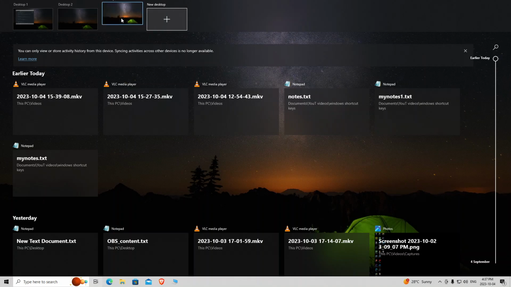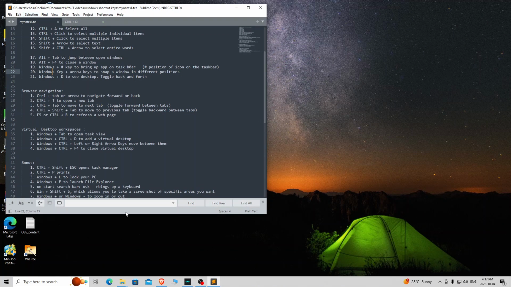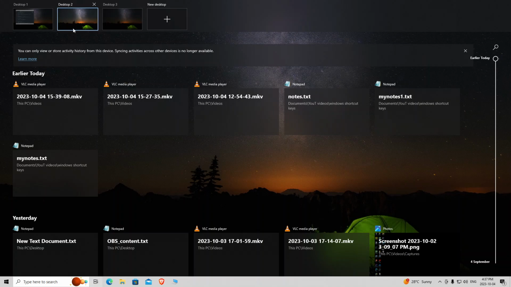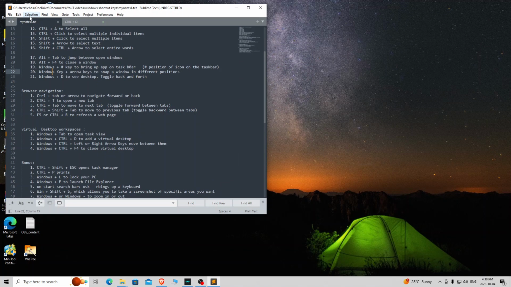I could add several workspaces because maybe I want to work here, but I don't want whatever I have on this desktop number one to influence whatever project I'm having on this other desktop. That way you have several workspaces. So how you navigate between those workspaces, you do